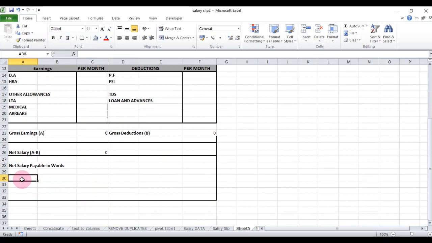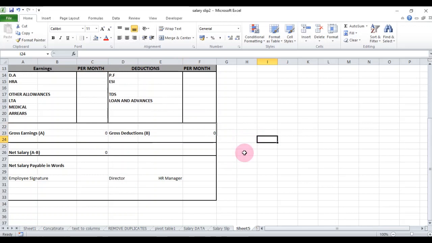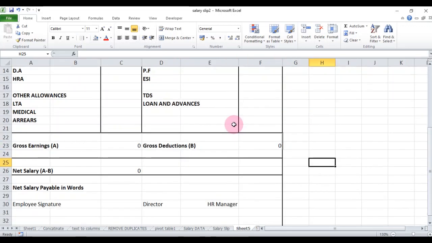Here you type employee signature, director, HR, manager, and give a space. Border is missing. So guys, the salary slip is ready.